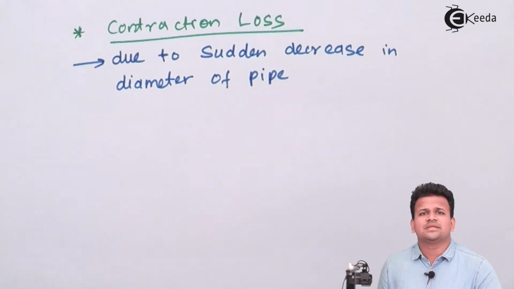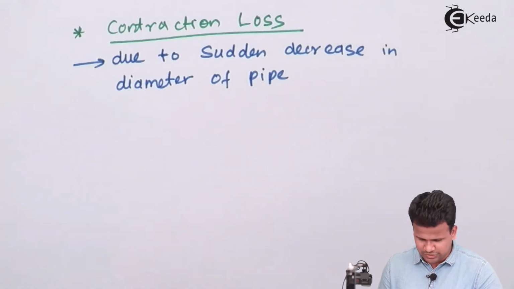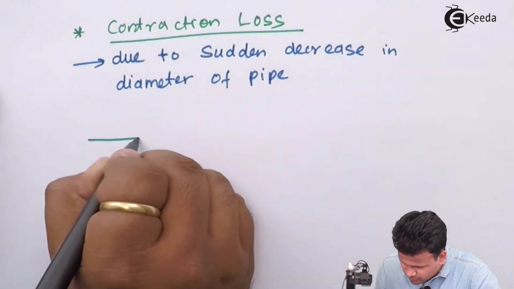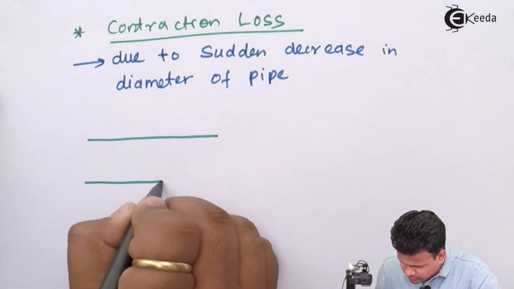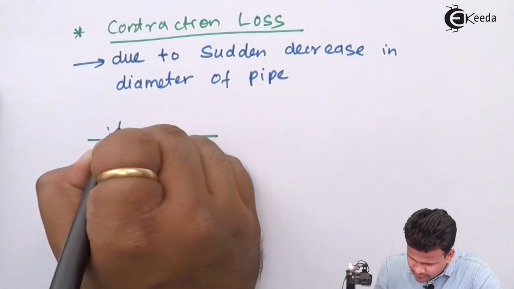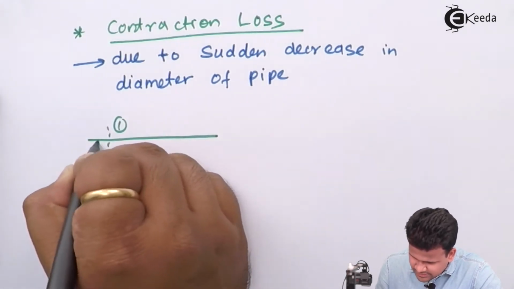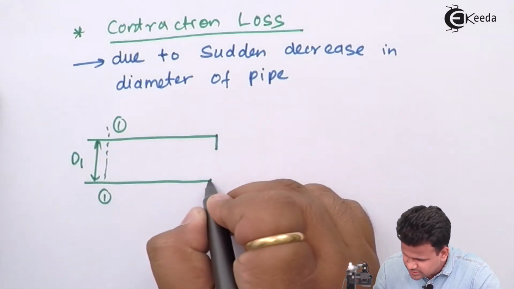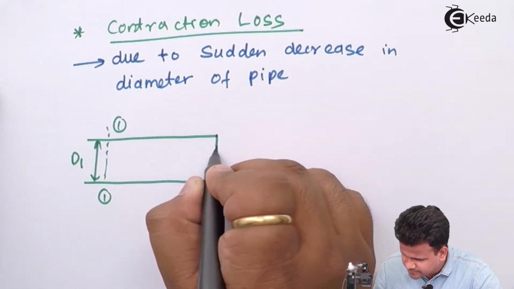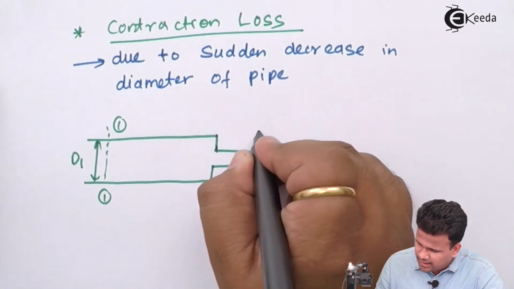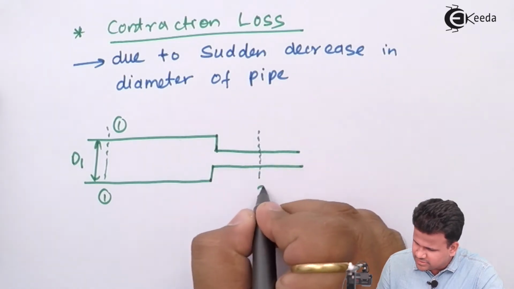So during this there will be a loss called sudden contraction loss. So we'll consider a pipe having a section 1 diameter d1, suddenly contracted, and the diameter of pipe is now